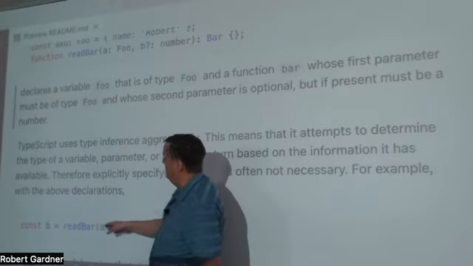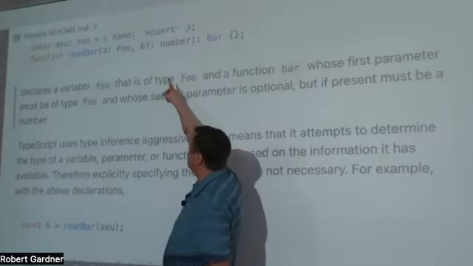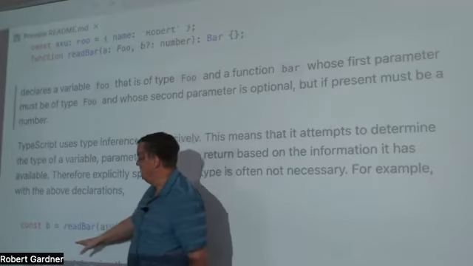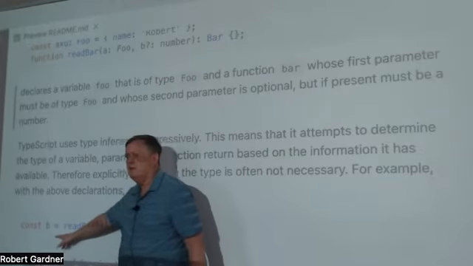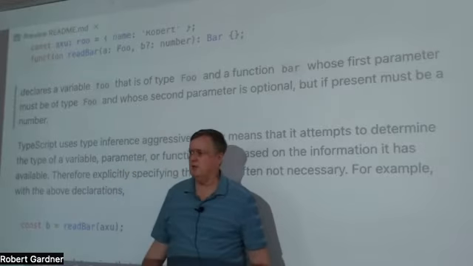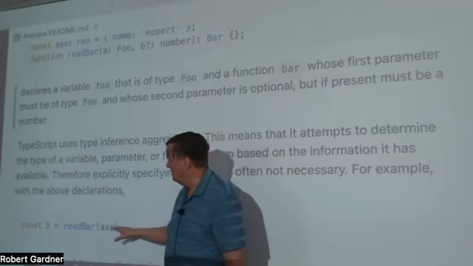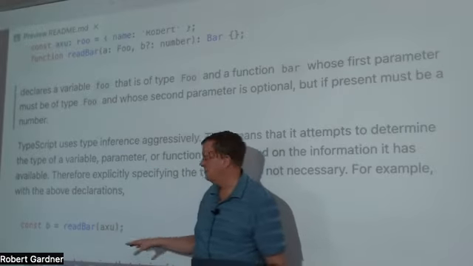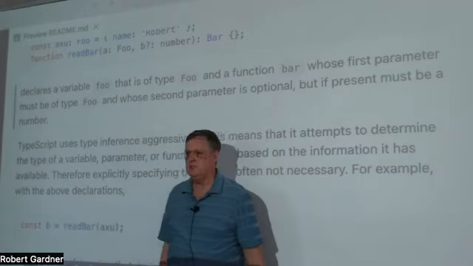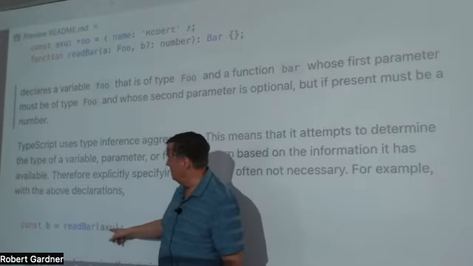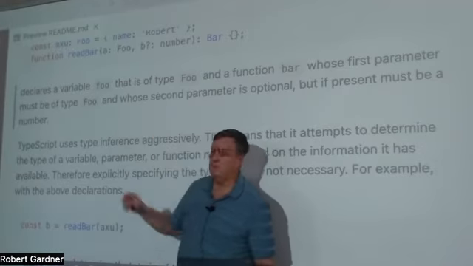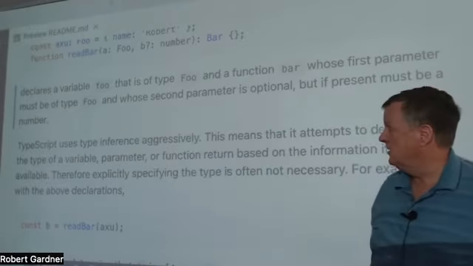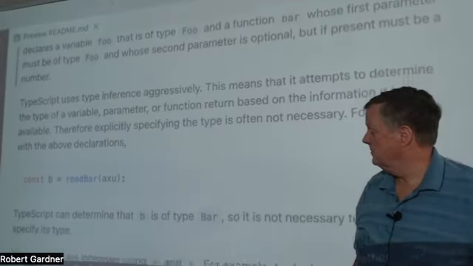It will compile. And then it looks up at this and it says, okay, read bar returns something of type bar. So now TypeScript knows the type of B. Okay, so it knows B is of type bar. So here I can do this call, and I don't have to type in the types or anything. It's already figured out B is of type bar. It's already figured out that AXU is of type foo, so it can be properly passed in here. So it uses this type inference very aggressively, and it makes your code much simpler.